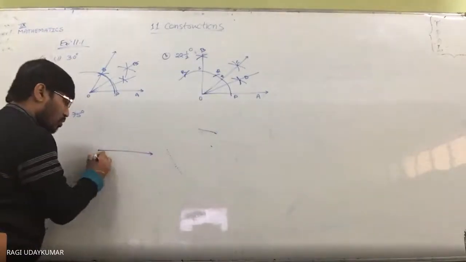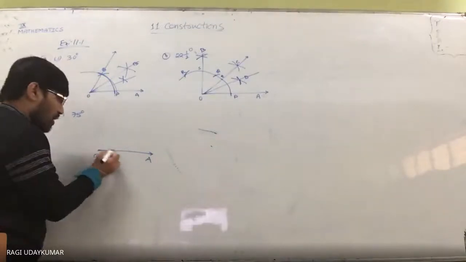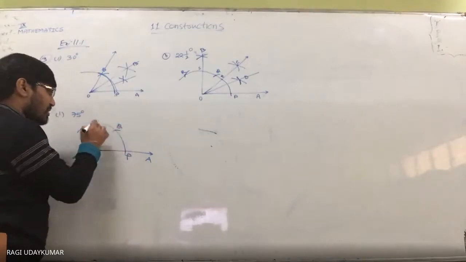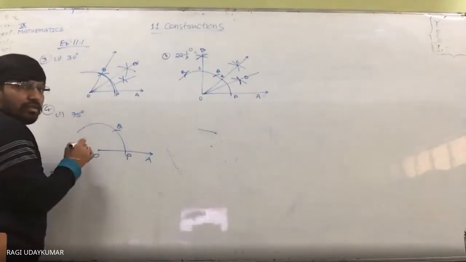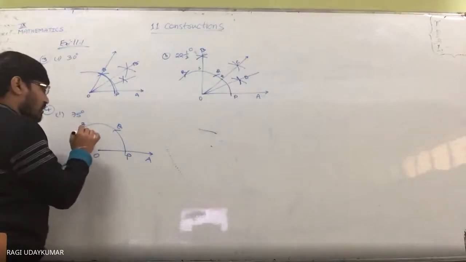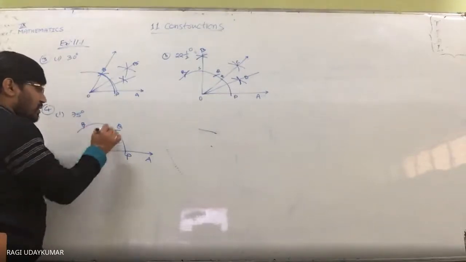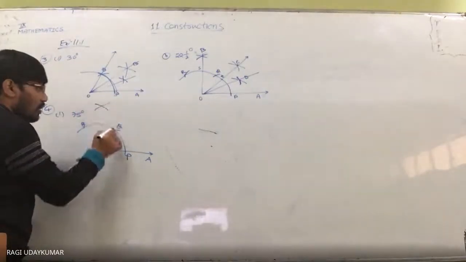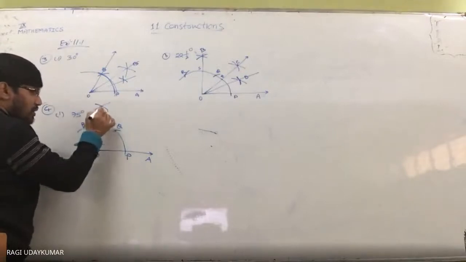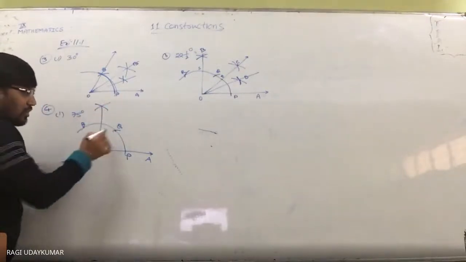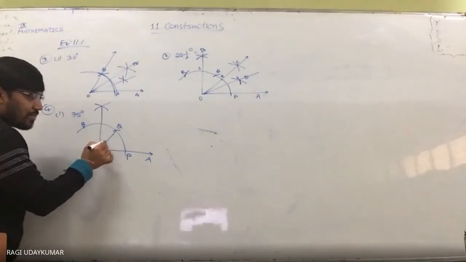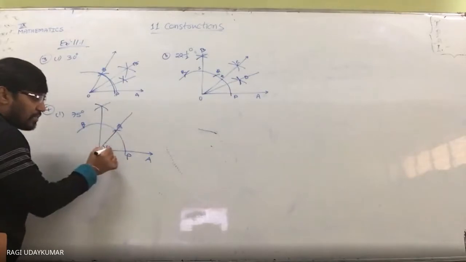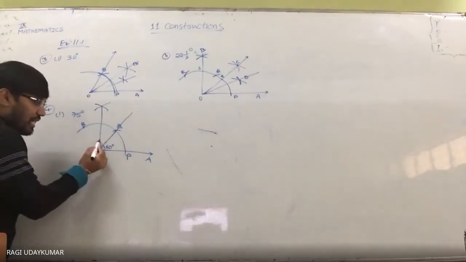Draw a ray OA. Draw 120 degrees. So O as the center one arc, P as the center one arc here, Q as the center another arc here. So what do you get here? This is R. Now here we get 90 degrees. To get 90 degrees, two arcs here. These two as the centers, draw arcs. Join. Now this is 30 degrees. Bisect this 30. This is 60 degrees. We need 75 degrees now, so bisect this 30.